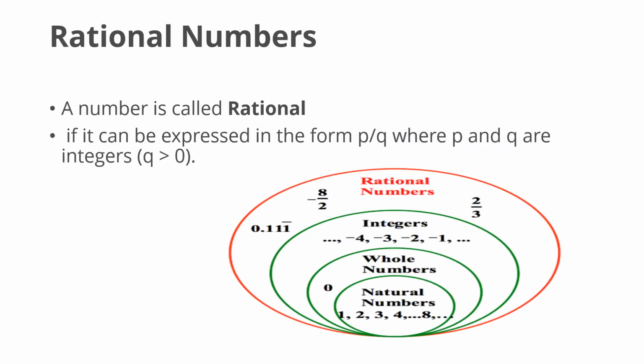Let us first understand the definition of rational numbers. Rational numbers are those numbers which can be expressed in the form p by q, where p and q should be integers. As you already know, the natural numbers start from 1, 2, 3 and so on. If we add 0 to this family, it becomes the family of whole numbers. If we add negative numbers also, we get a new family of numbers, which is integers. Those numbers which are fractional in nature, where p and q are integers, are known as rational numbers.